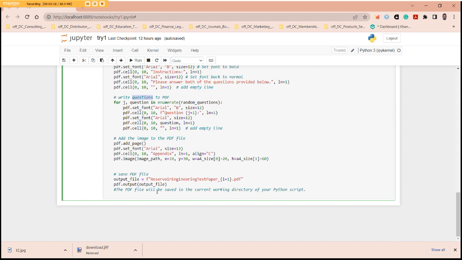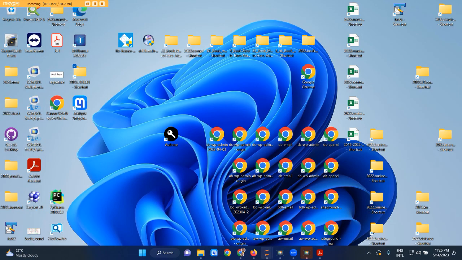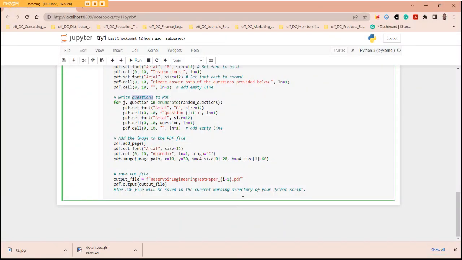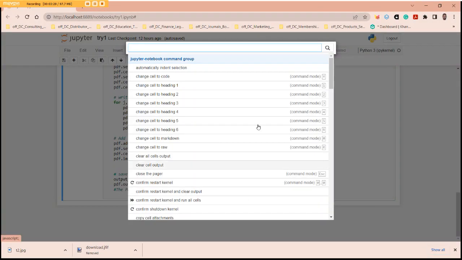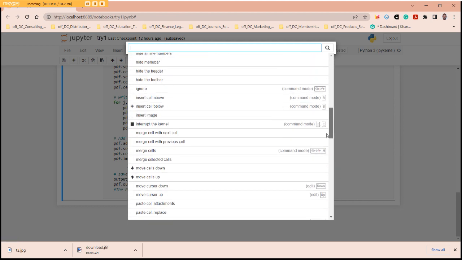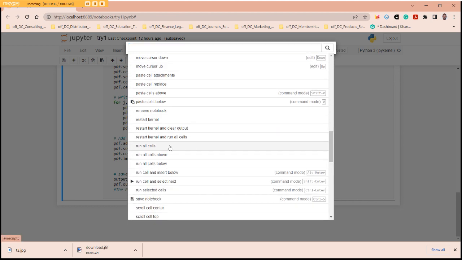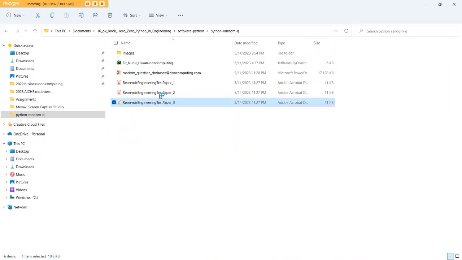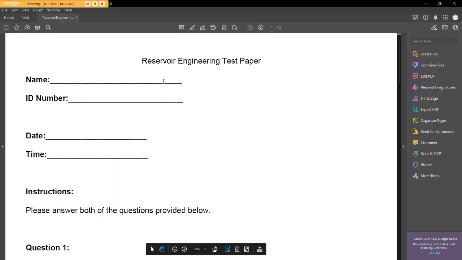So again, as I said last time, if you see my folder, it's empty. You see that? And now I'm running my code by a command, which you can learn later. And this is my run code. The moment I run code, I have got 3 sets of questions ready in the folder, and it is magic. So if you do this, you can save millions of hours all over the world.